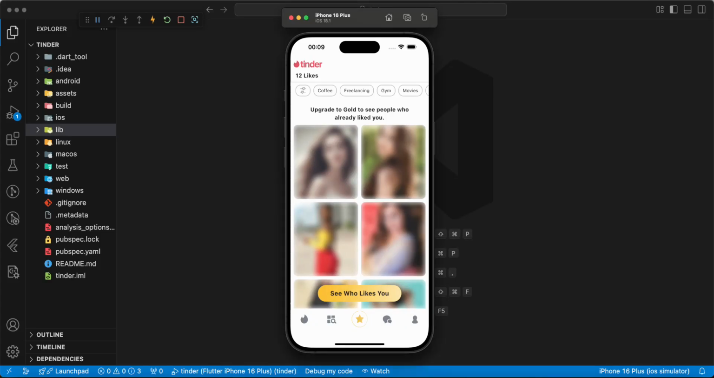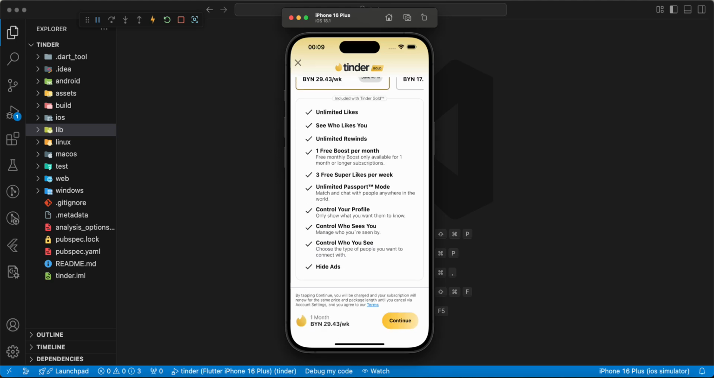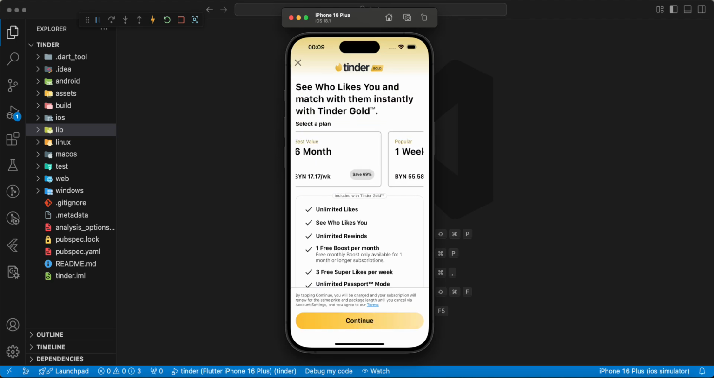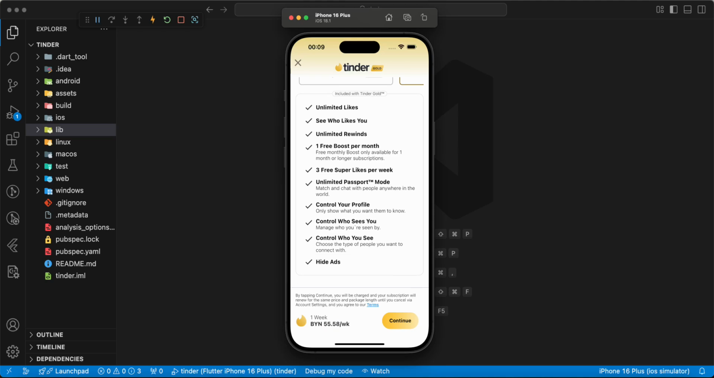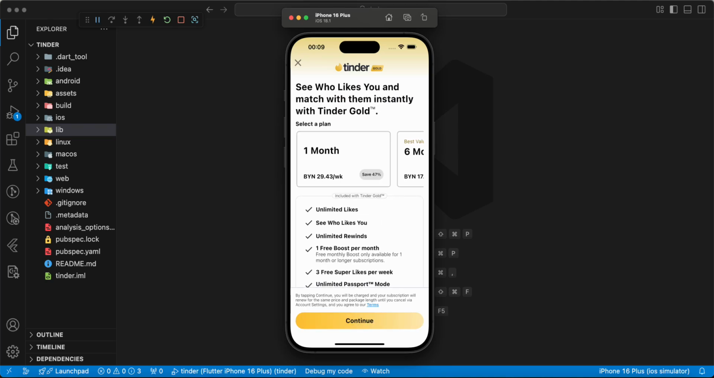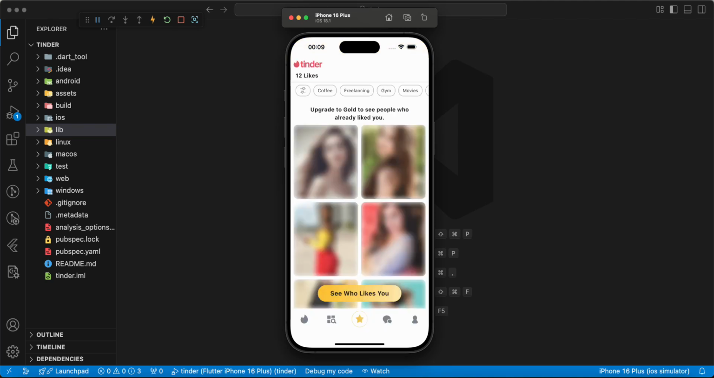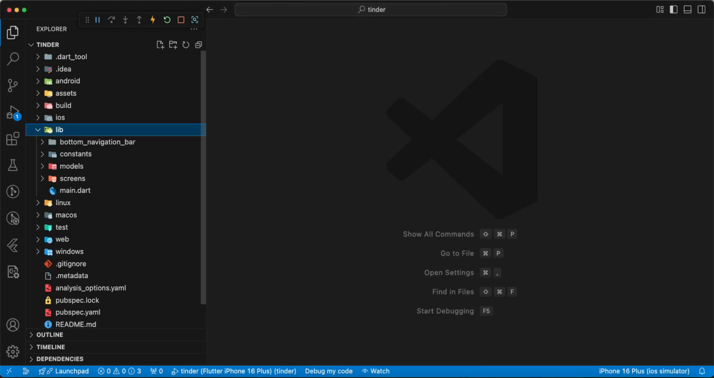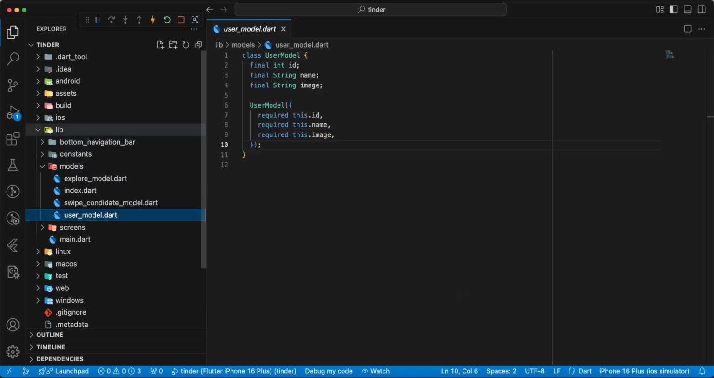In this video we create Tinder Gold info. Now we create the tariff plans model. Open lib, models,